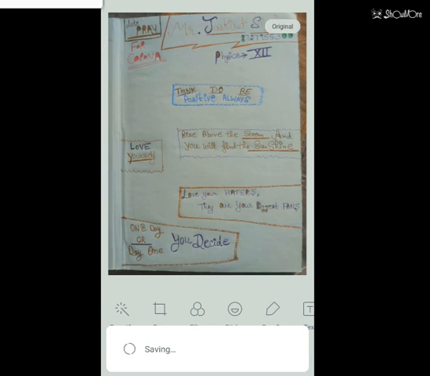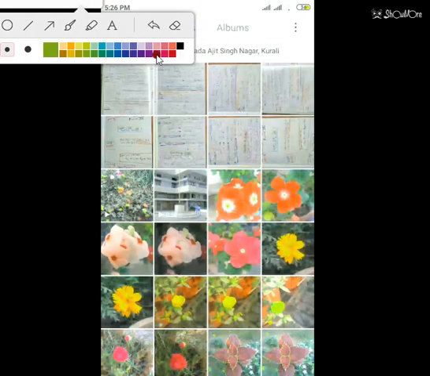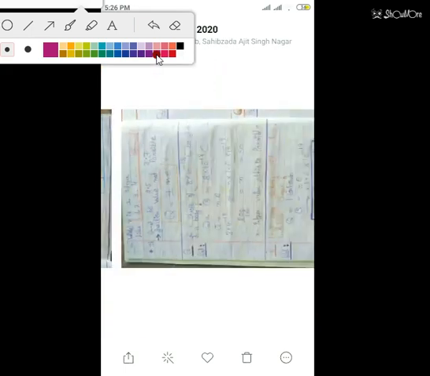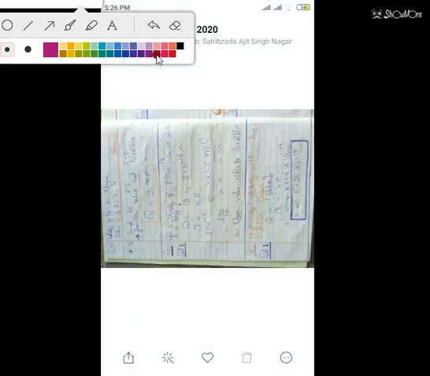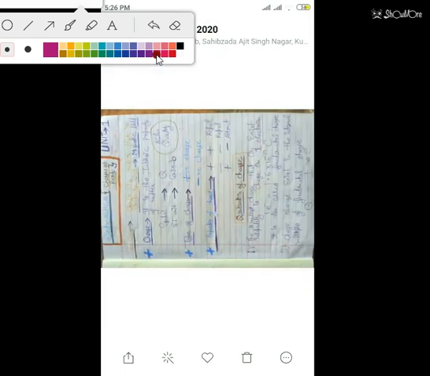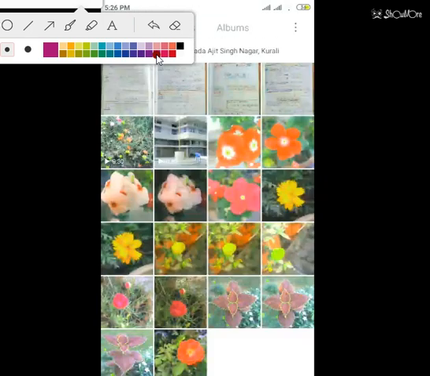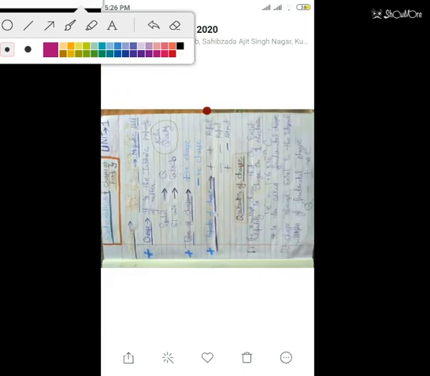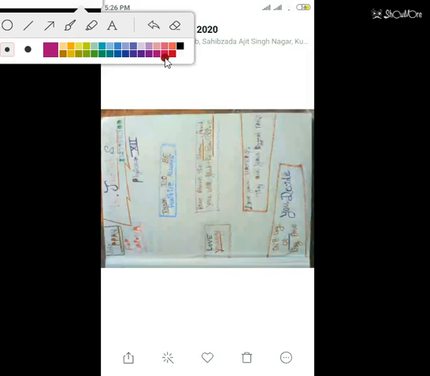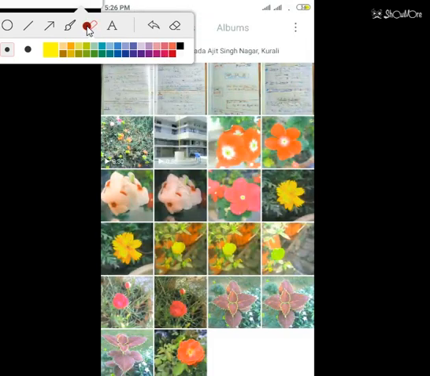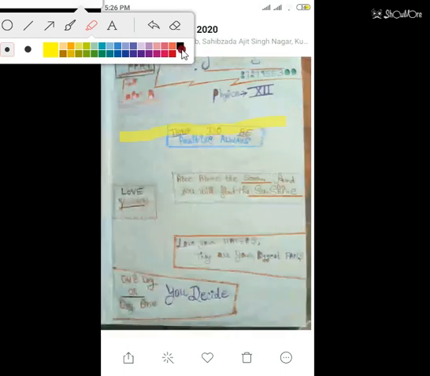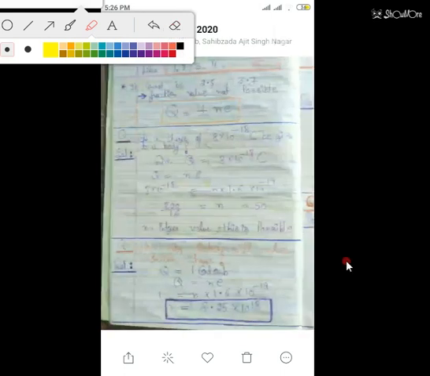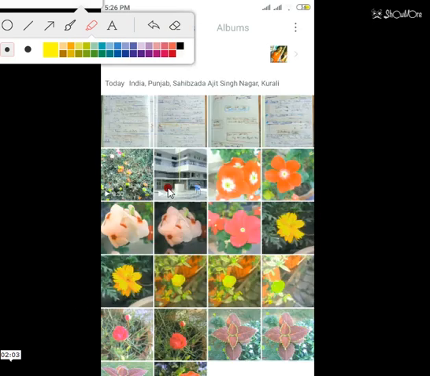I am deleting the unnecessary photographs which are not required. Now you can see 4 images are there, which are the required ones.